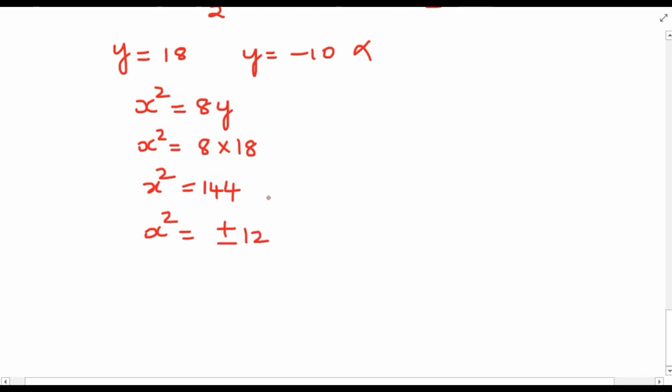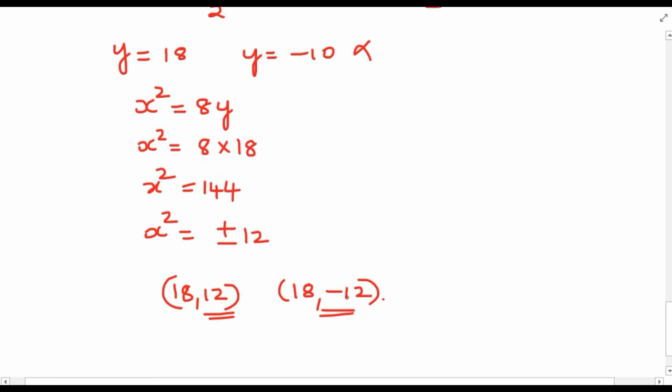and we know x is equal to plus or minus 12, that is square root of 144. Since it is negative, we have rejected it, because we will get minus 80, and x square is equal to minus 8. It is not possible to find, that is why it is rejected. So our numbers are, it can be 18 and 12, or it can be 18 and minus 12. These are the numbers. Two possible cases are there.